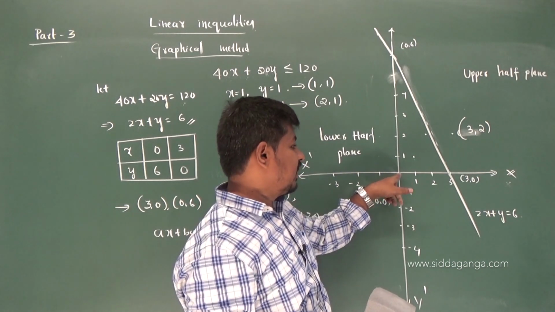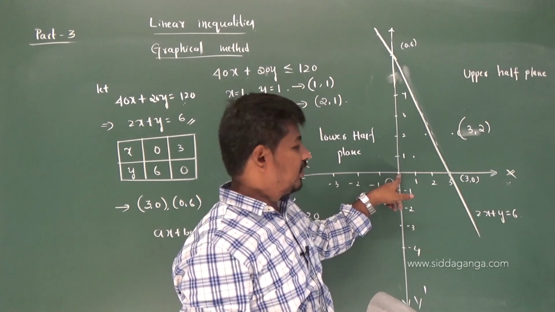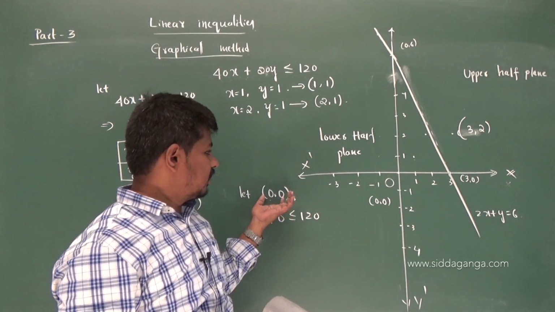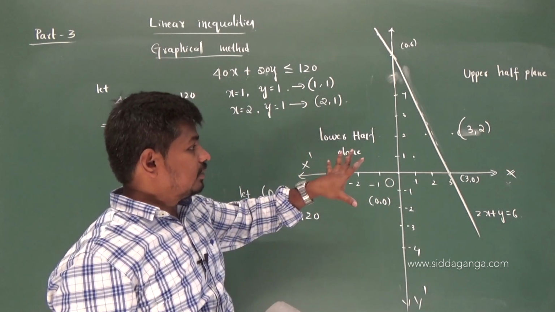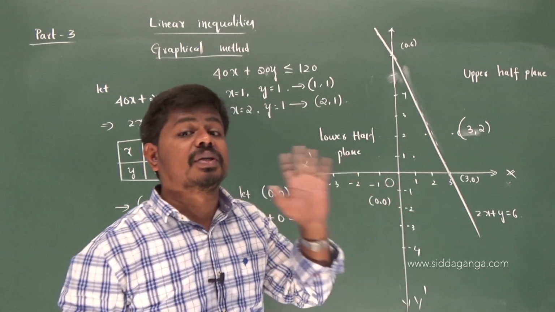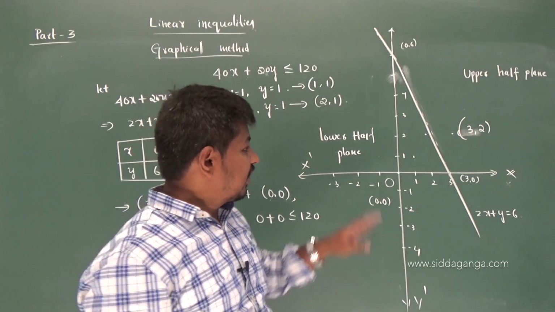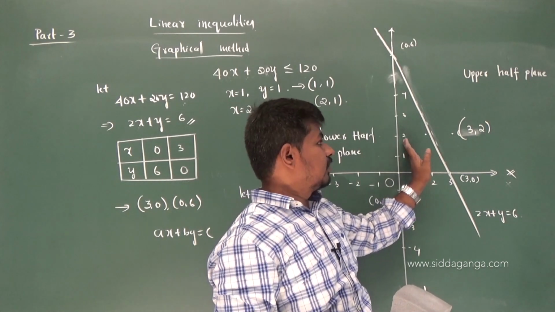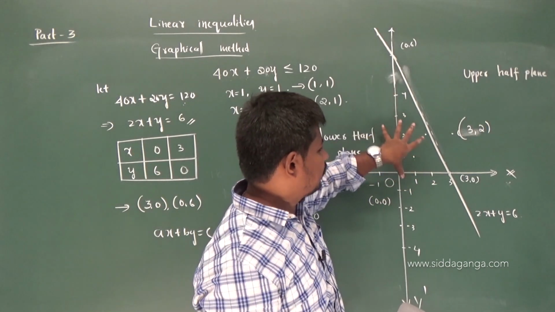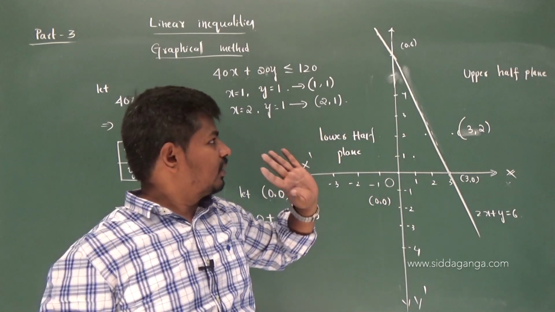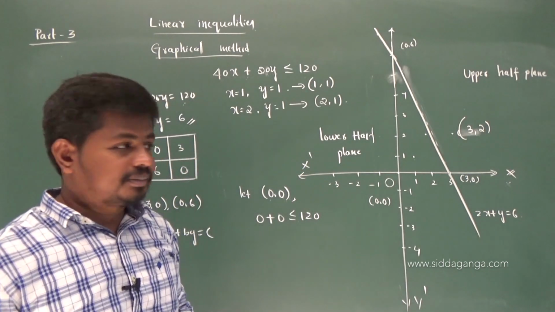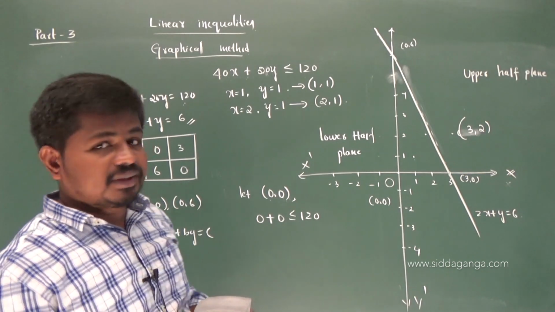The region in which the point lies, you have considered the point (0, 0). Now, the region from which you have taken the point (0, 0) becomes the solution region. The region opposite to this becomes the non-solution region. The solution region becomes this one. Of course, I think you are following this, right? Hope you are following this.